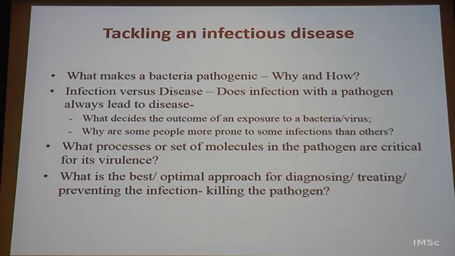So, infection versus disease. Does infection with a pathogen always lead to disease? As I've just told you, of course it does not. Again, we might like to ask a question: why are some people more prone to getting it? Some people keep repeatedly getting an infection and some don't. So what is the difference between these, although the genetic makeup by itself may not be the thing? It is of course host heterogeneity, could be related to some allelic changes or SNPs and so on, which we do not understand right now.